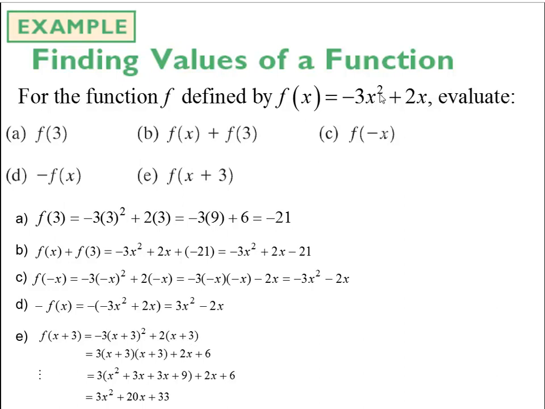I'm going to plug x plus 3 in and square it, and then I'm going to plug x plus 3 in here, and that's the result that I'm going to get here. So if I FOIL this expression, x plus 3 times x plus 3, I'm going to get x squared plus 3x plus 3x